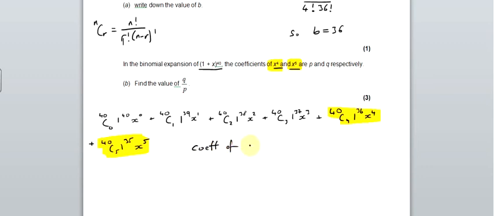So the coefficient of x to the 4 is p, and that equals 40 choose 4 times 1 to the 36, which is 40 choose 4, isn't it? Because 1 to anything is going to be 1. And then the coefficient of x to the 5 is equal to q, and that's equal to,